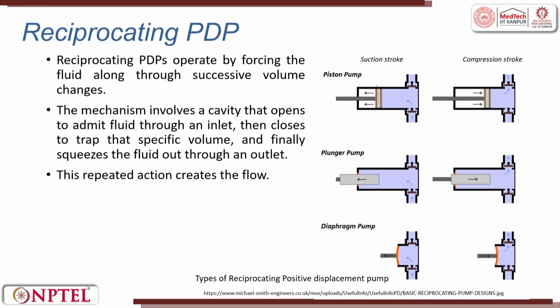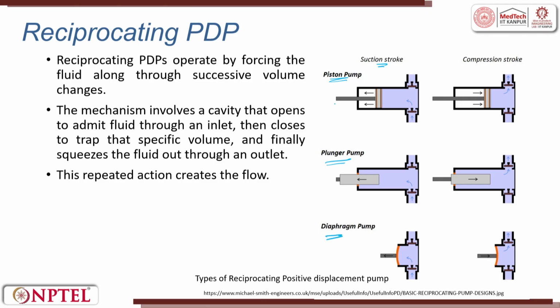So, you can see here there is a suction stroke. There is a fluid which comes inside, the piston moves back, and then when the piston is compressed, it is moving on the front side. So, this is a piston type. You can also have something called a plunger type. The piston is completely arresting the fluid and pressurizing. There can be a plunger type where the fluid is fully filled and the plunger is pushed out. Then the plunger is pushed in, then the valve is open on the other side, and it can go.